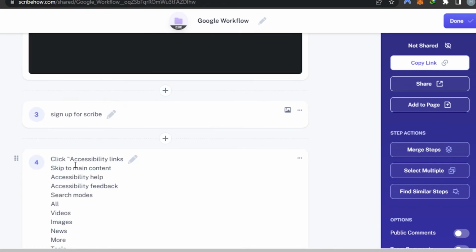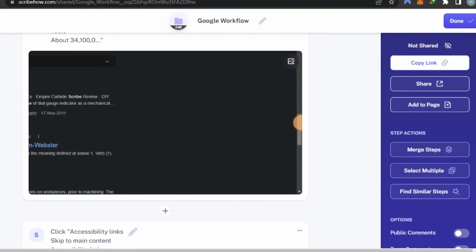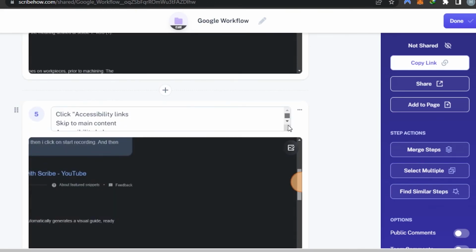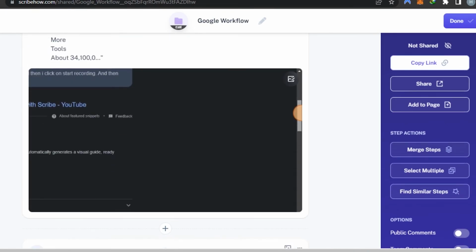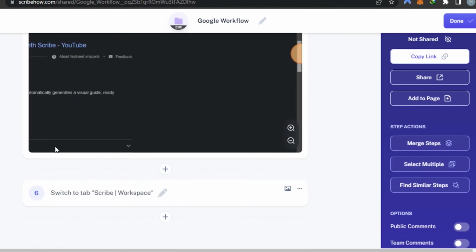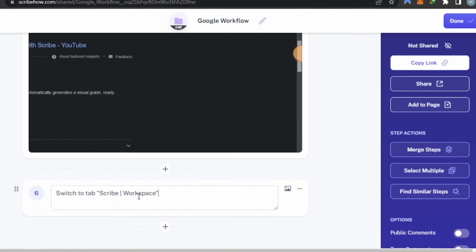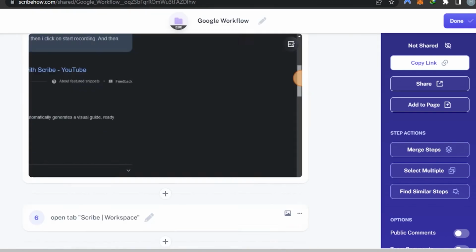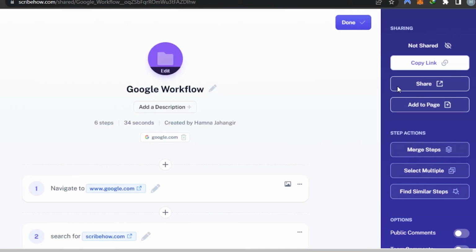So you can see, click accessibility. Let's say this is the first step. Then in the fifth step, I want them to watch a video. So I can just like simply say, click on the video and watch it. We can also add different fields according to us. For example, you can switch to tab Scribe workspace. So I can just say, open the tab, okay? Open. So this is how we create different guides for our team members and as a freelancer to show people how to do something. So this is like really easy to use and to create a scribe and visual representation